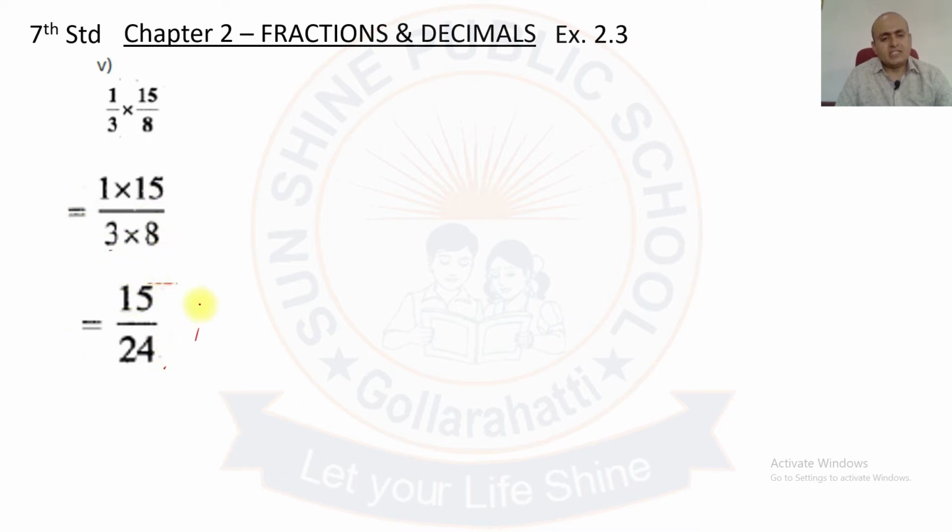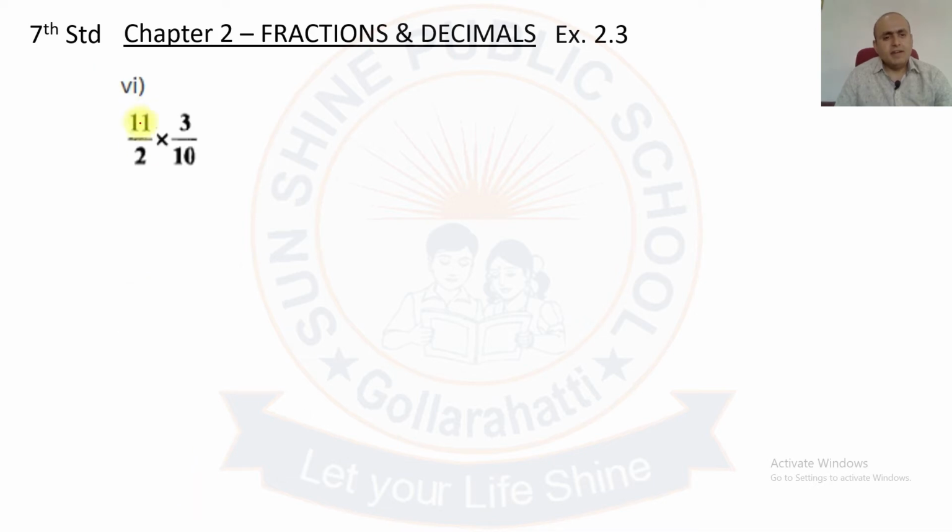Here I can simplify this 15 by 24 by the 3 table. Because the common factor of 15 and 24 is 3, I can simplify both by 3, that is 3 5s are 15, 3 8s are 24. And the number we get is 5 by 8. We cannot reduce this number further, and this is a proper fraction. 5 by 8 is the final answer.